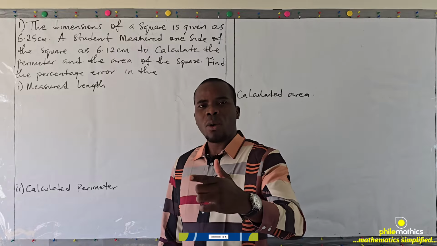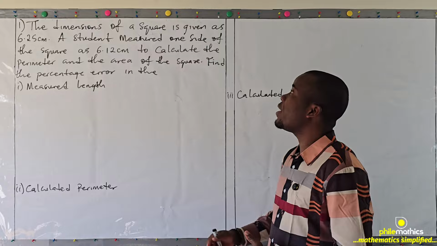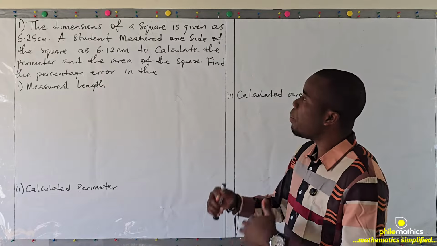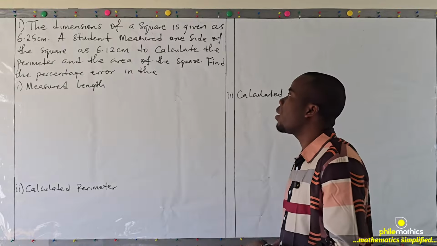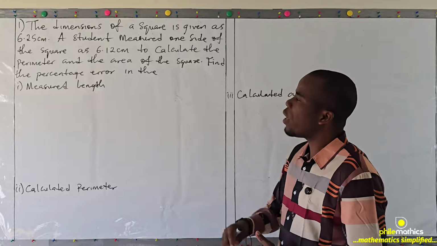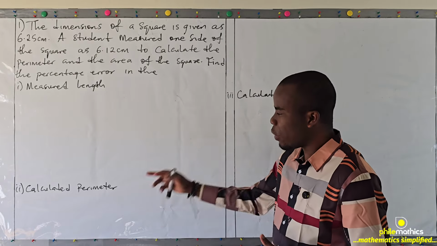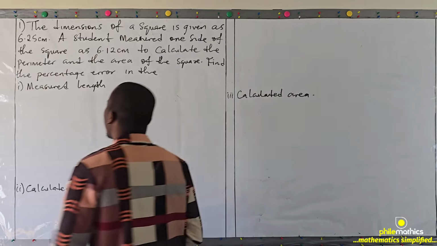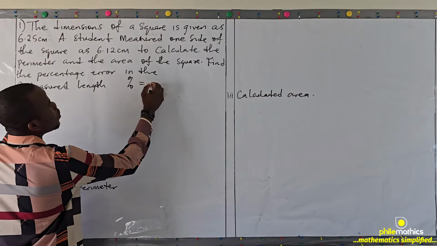Question 1 is on percentage error, and it says the dimensions of a square is given as 6.25 cm. A student measured one side of the square as 6.12 cm to calculate the perimeter and the area of the square. Find the percentage error in the measured length, the calculated perimeter, and the calculated area. Now, recall that percentage error is